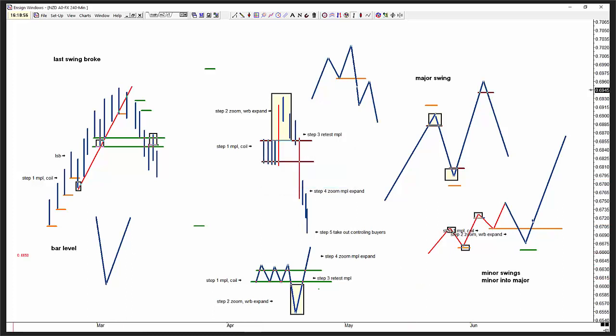Now, you understand how and why I draw these lines off of tails, right? And from this model, you can understand how and why